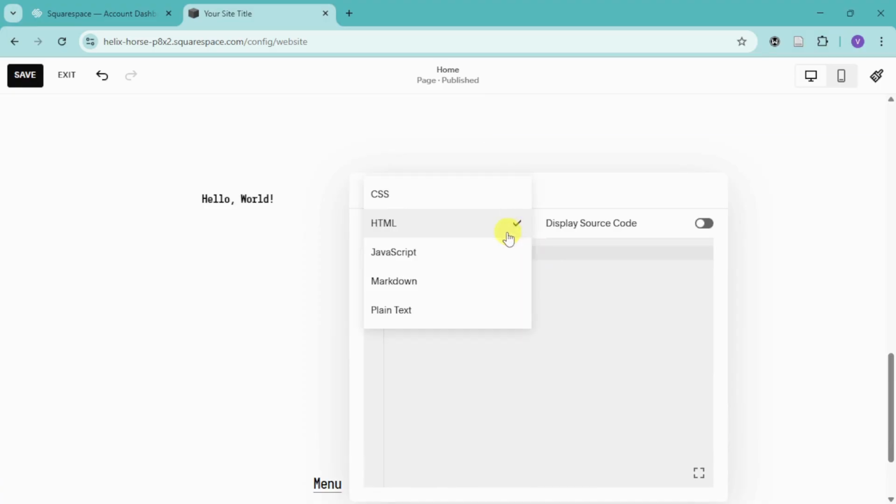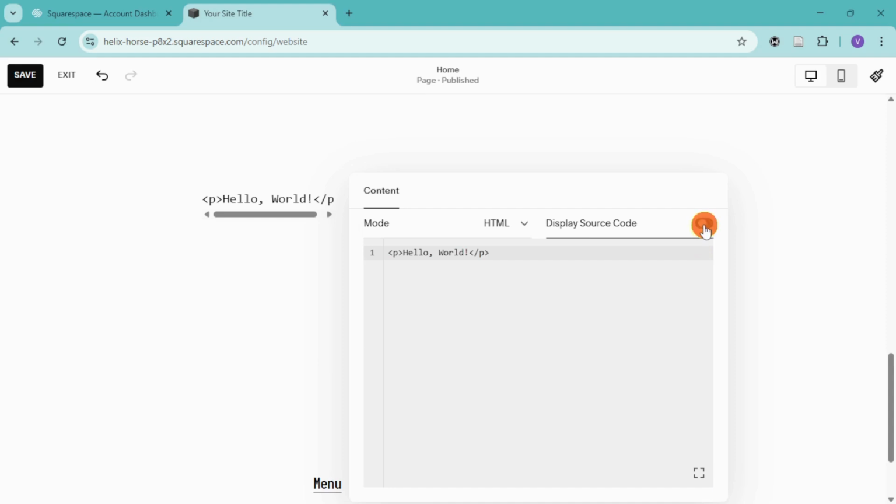It can be a mode of HTML, JavaScript, CSS, Markdown, as well as plain text. You can also display the source code for this right here if you would want, and just input right here the code that you wish to